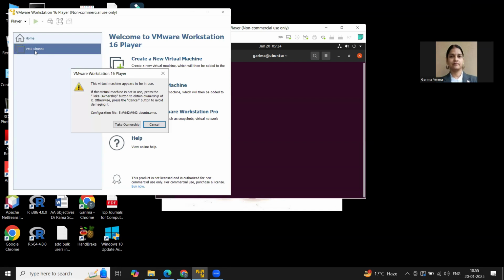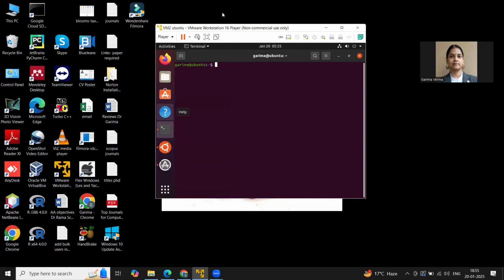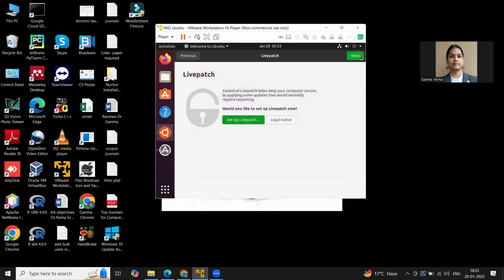Maybe it will be with the name of OS lab, or DITU, or Ubuntu. Whatever the name is, you will open this virtual machine. After some time, your Linux software will be loaded, and the password of the Linux operating system will be 123. Right? So I have already opened the software.